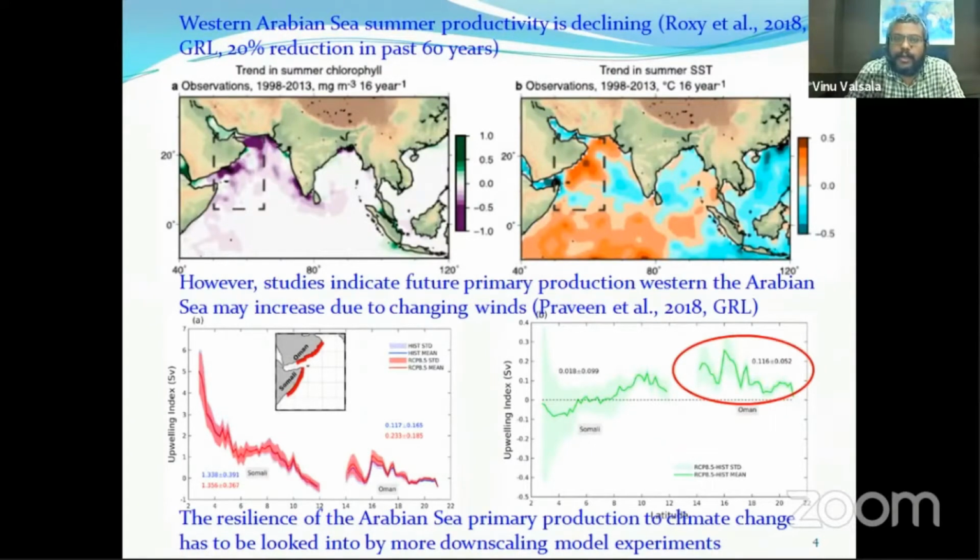Now, recently, our own study by Roxy et al. has pointed out an alarming situation in the Indian Ocean: if you focus on the Western Arabian Sea, the hotbed of the Indian Ocean productivity, there is an alarming decrease of primary production happening. We detected it from recent satellite data, and also from the past 60 years of model simulation, and that goes hand in hand with what we see as a warming pattern of the Arabian Sea, or the Western Indian